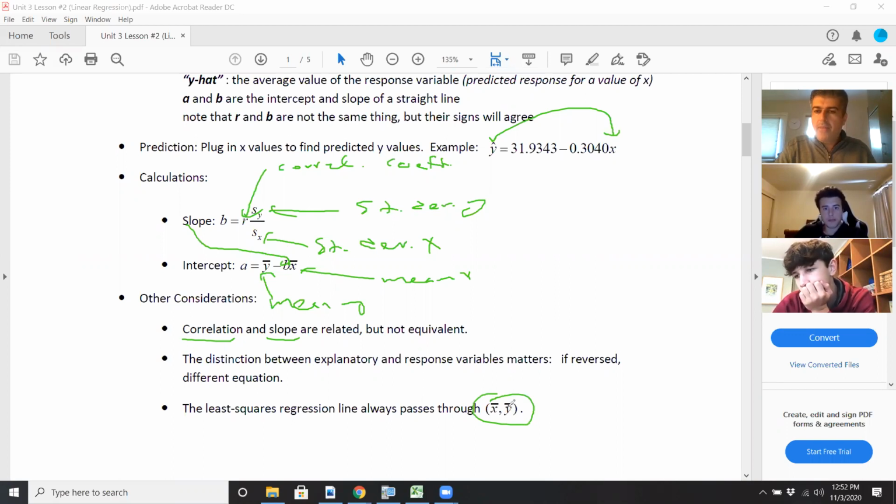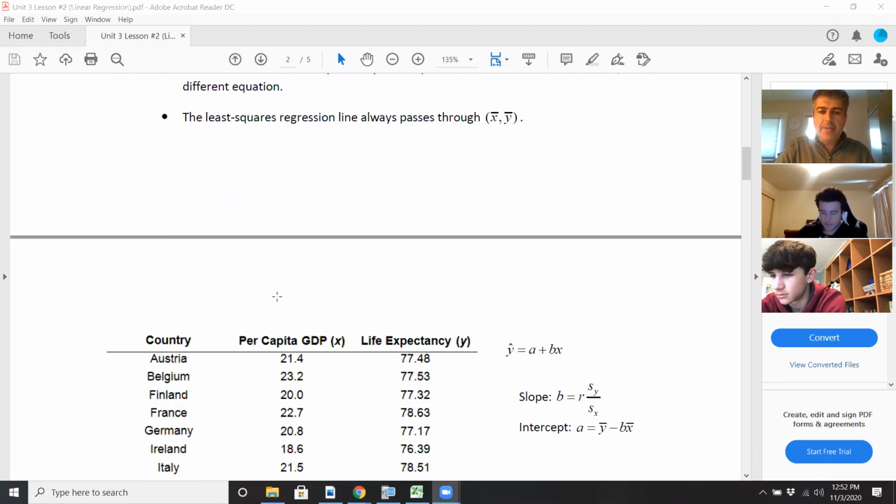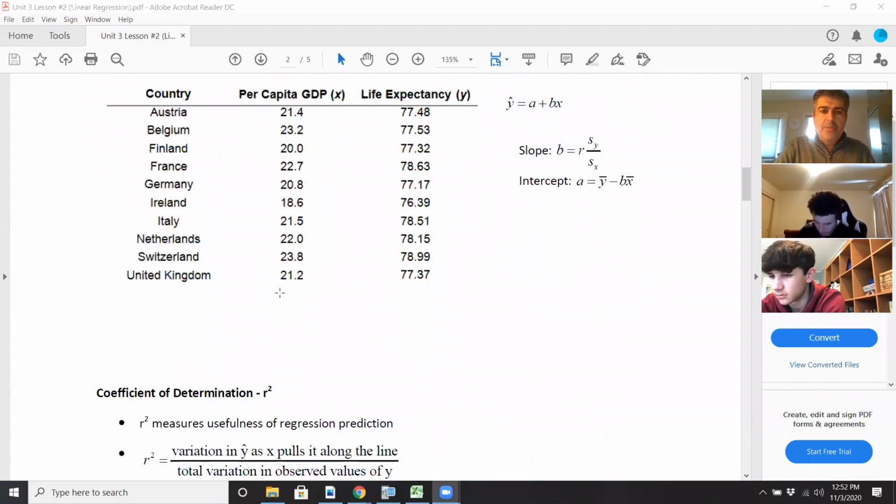So whatever the mean you have for x and y for your two sets of data, your line will pass through that point, x bar, y bar. Again, x bar is the mean of x, y bar is the mean of y. So that's kind of the theory behind it. So what we'll do, we'll take a look at